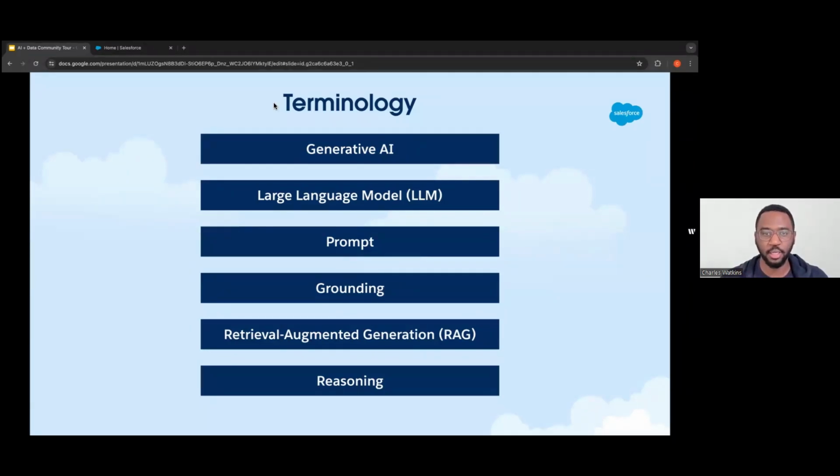Now, grounding is a process that ensures that AI's responses are not just creative, but also accurate and relevant to the real world. It basically makes sure that whenever you get